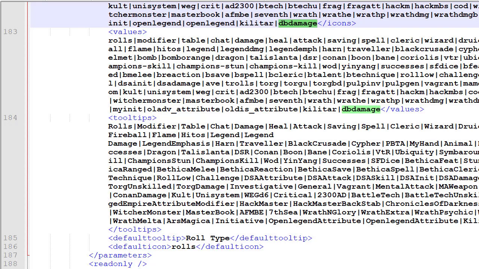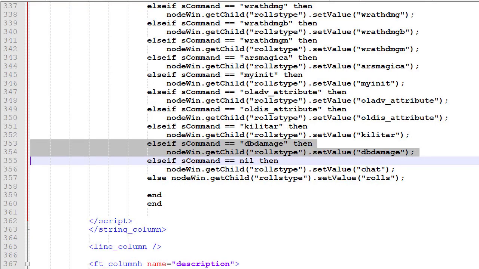And then the third entry is a tooltip, so when you hover your mouse over it, it tells you roughly what it is, and we've just called that db damage with a couple of caps in there. And if you scroll down, that's for the button icon cycler, and then you also need to scroll down and do it for the button vary icon, and one of them is for the roles library and one of them is for the roles themselves. So we add those in, save those files,